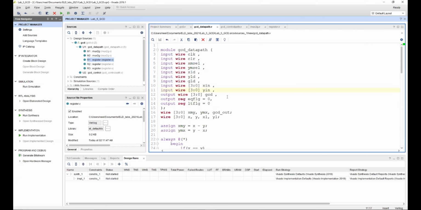After that, we have these 3 values over here. All these 3 are data points. These 2 are the inputs, A, B, or X and Y, and this is the output GCD that we are getting.